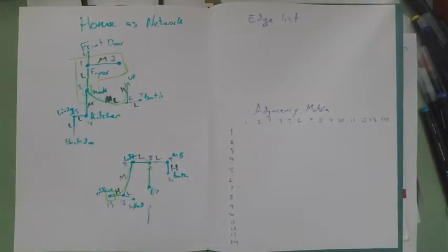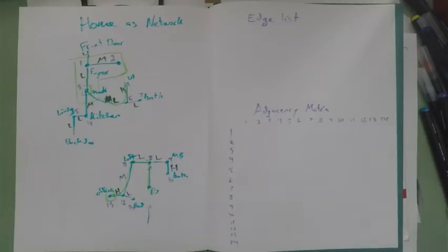All right, so again, thinking of the house as a network, we've got a pictorial representation, and that works for something relatively simple like a house. But if we're thinking about, say, all the people on Twitter, well, then we need the computer to do the hard work for us because we just can't. There's just no way. So the two basic ways that we could do this is we could have a list